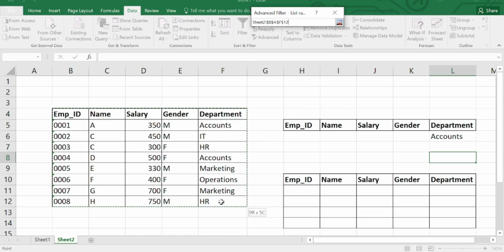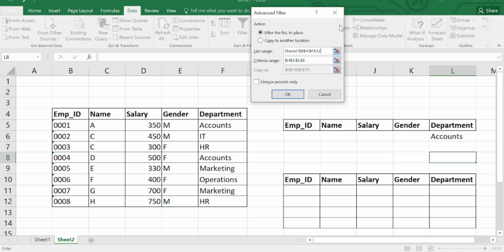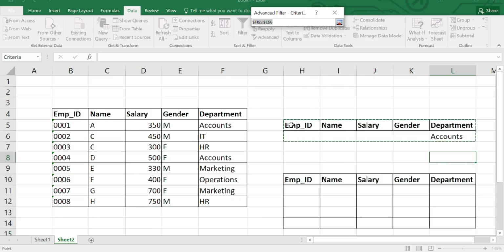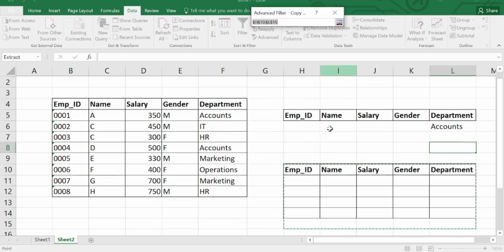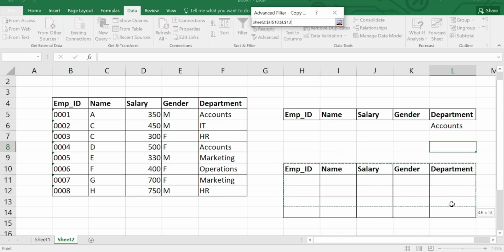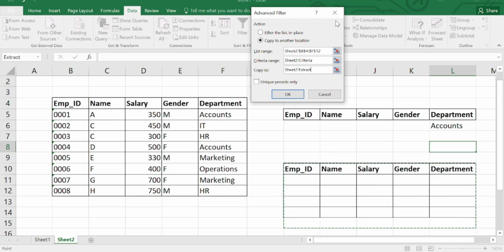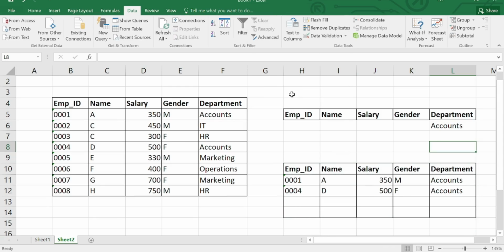The list range is this. And what is the criteria range? Selected. And for the copy to range, I'm selecting a certain area, right? And press OK. Now all 2 employees are selected to the copy to area.